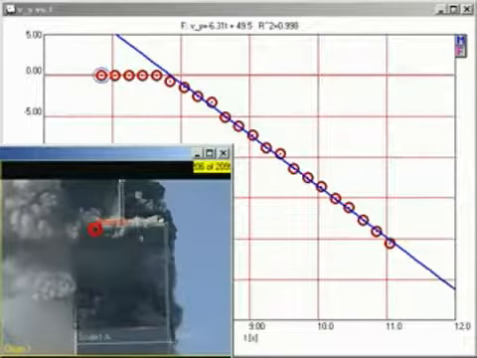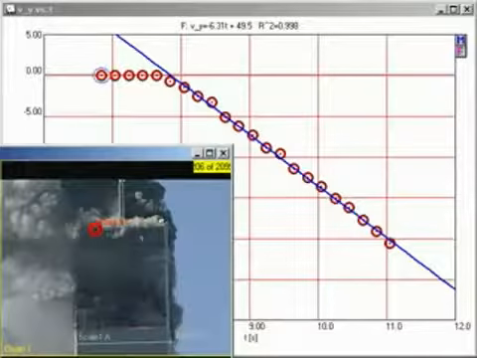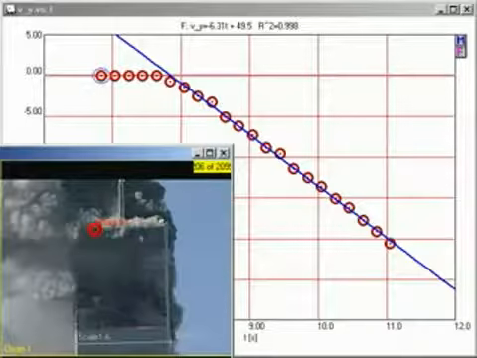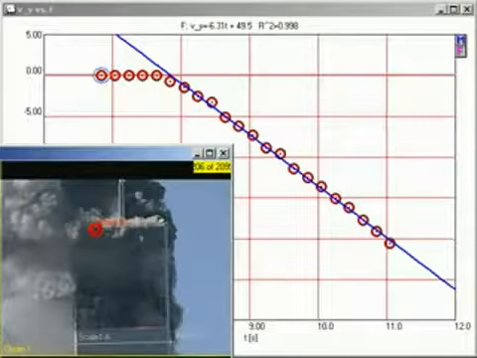Therefore, as long as the top section of the building is in uniform downward acceleration, it cannot possibly be providing sufficient force to destroy the building. This may seem counterintuitive to you. You might think a falling block coming down on the lower section of the building would exert a greater force